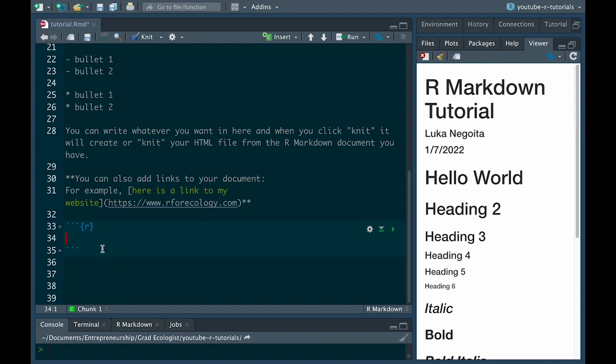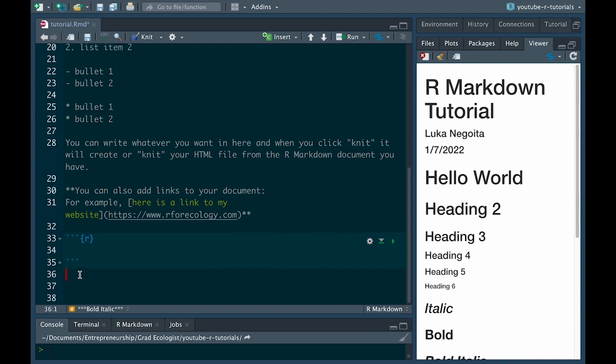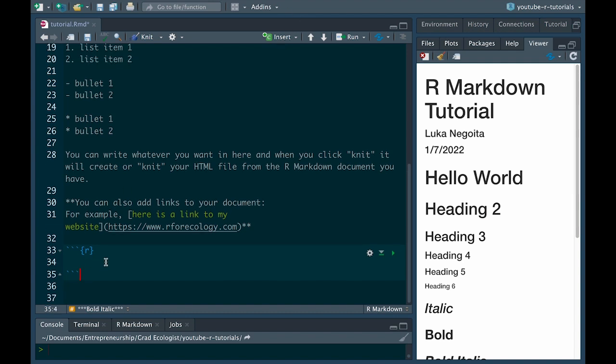You could have also typed this out by hand, but it's way easier to just click that there. These are not normal single quotes. They're the weird quote symbol that's located under the escape key alongside the tilde on a US Mac keyboard. Don't worry about typing this. Just click on the insert code chunk, and then inside here you can type whatever you want as R code.